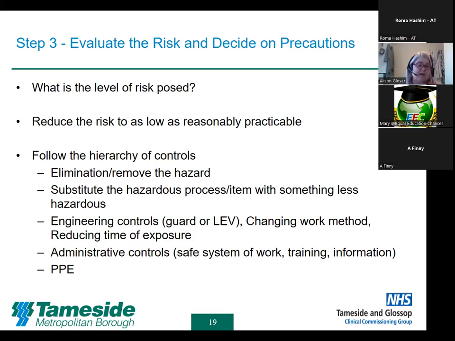And that would be having in place a safe system of work, ensuring that people using this process, doing this work activity, providing this service, are trained and have got the right information about how to do it safely. And then your last line of defence is PPE, personal protective equipment. The reason that's the last line of defence is because it protects only the individual. The other measures of control are very much about being able to protect anybody who's in or around that hazard, whereas the PPE is just for the individual.